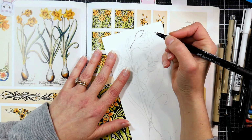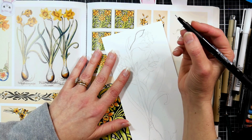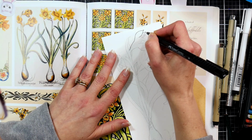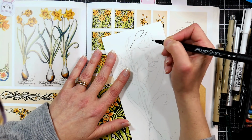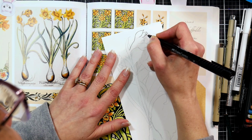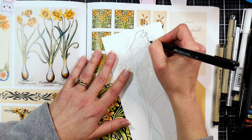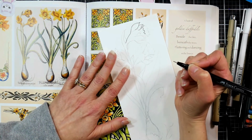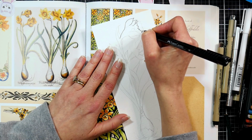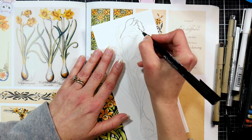So what I'm going to do is start off with my thicker lines. I'm using the one called S from Faber-Castell. I think it stands for superfine, but these are definitely more thick than my microns. So I'm doing these for the more outliney shapes. I'm hoping my head's not getting in the way. I did the basic sketch so I could go in and not have to think about it too much, and I could even just use my own